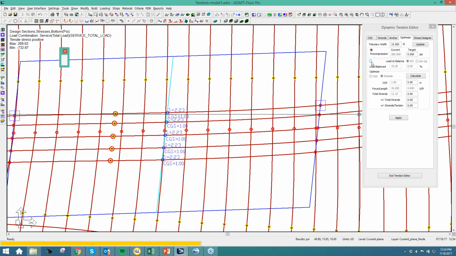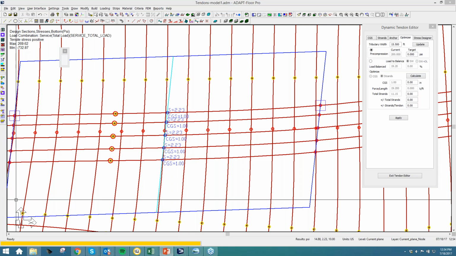Okay, you could also optimize based on the load balancing. And so why this is the first generation and why we changed is we said, well, why are we only optimizing off of pre-compression, or why are we only optimizing off of load balancing? So now I'm going to switch back to